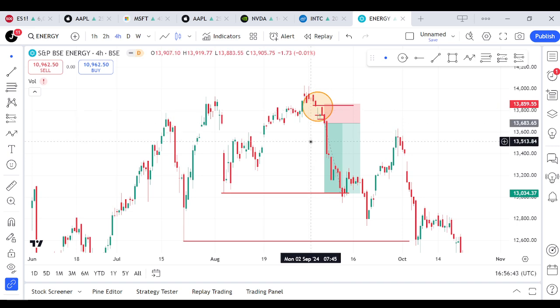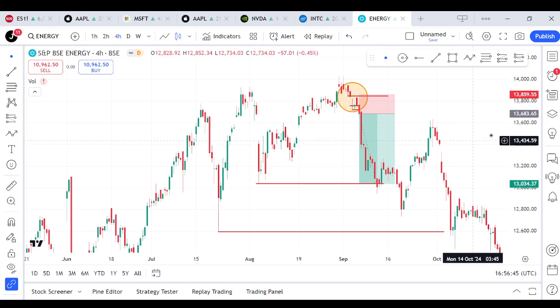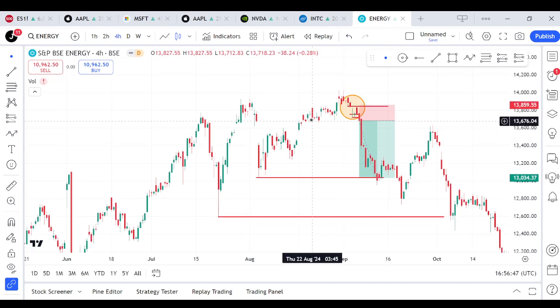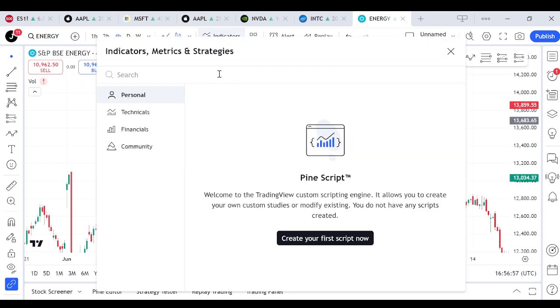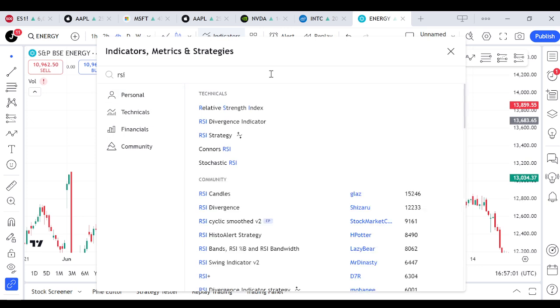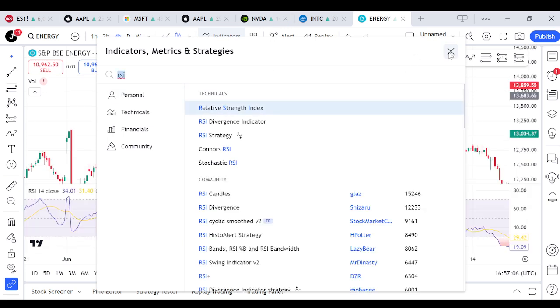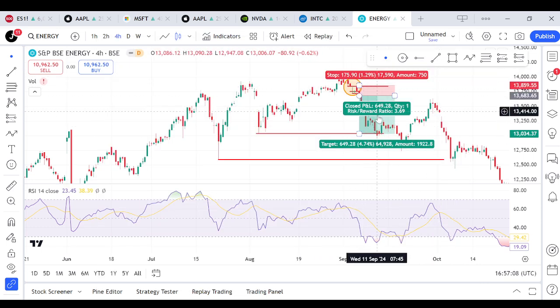But it isn't enough to just spot the pattern. You need to have an understanding of market context before placing your trades. You can't just spot the pattern and just place your trades. So you should spot a confirmation. I like to use indicators like the moving average or the RSI. So I'm just gonna add our RSI. Let's use the RSI to confirm our trade, and using the RSI, let's try to confirm if this trade was